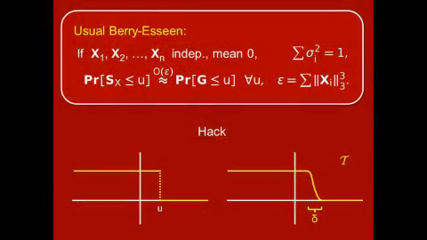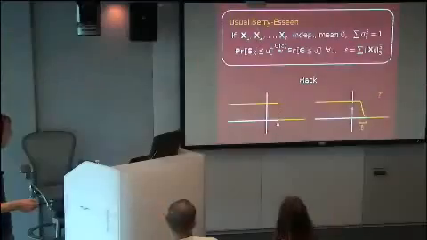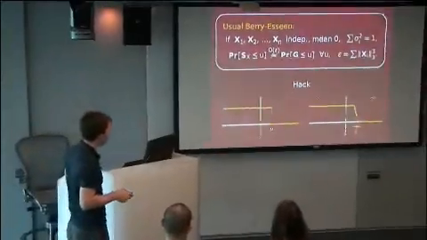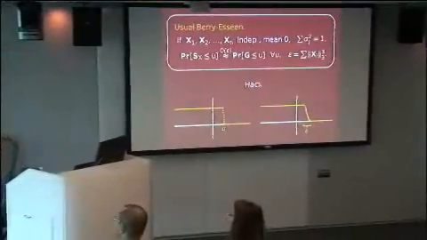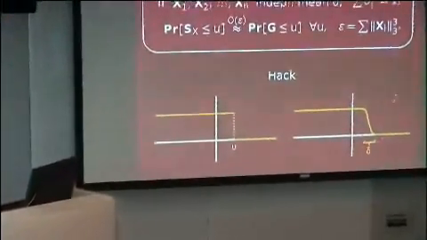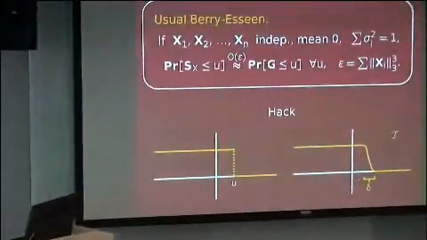So first step, you would cook up a function that looks like this. This interval has width delta, and you do some kind of construction, and the third derivative is bounded by 1 over delta cubed. Kind of makes sense, right? The first derivative is going to be like 1 over delta, clearly, and the other ones.